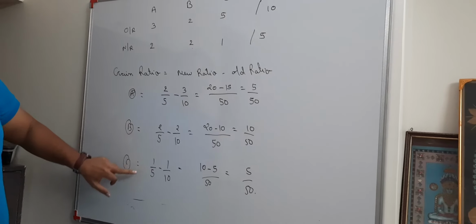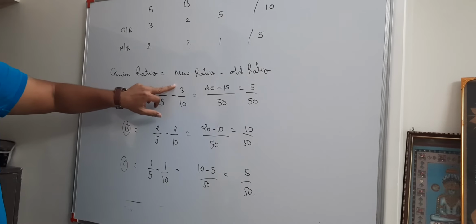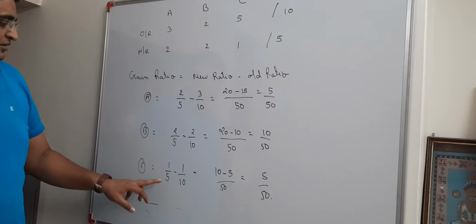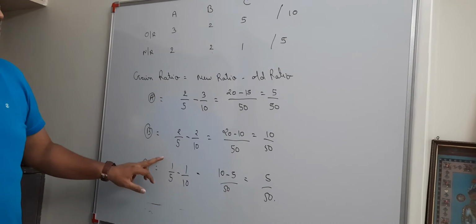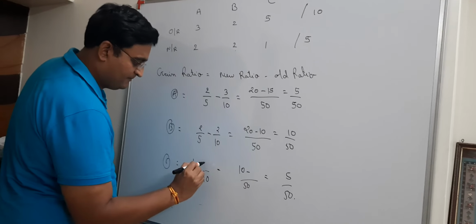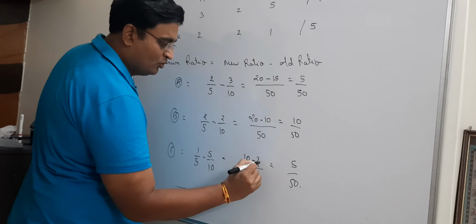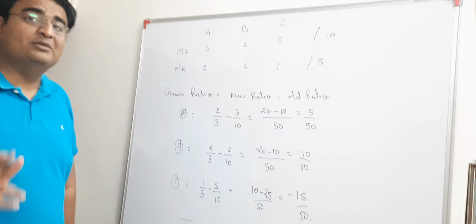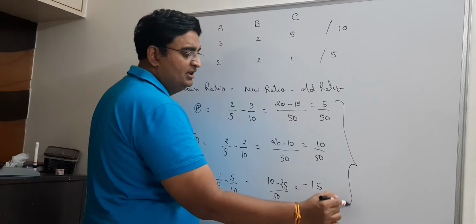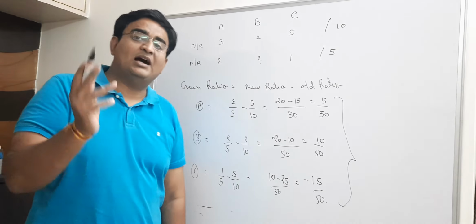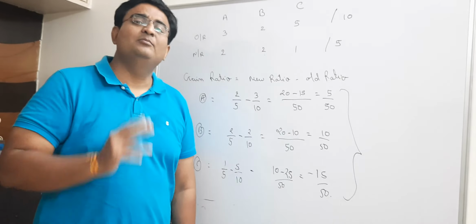Now students, check where something is wrong. 2/5, 2/5, 1/5, fair enough. 3/10, 2/10. 10 twos are 20 minus 15. 1/5 minus, here I have made a mistake. See, 5/10 it must be, sorry, my mistake. Okay, 5/10. So 5 5s are 25. That gives me minus 50. How did I come to know, students, that I had made a mistake? Because I was getting all three in positive. Never will it happen that all are negative or all are positive.